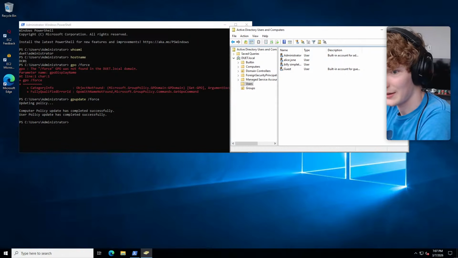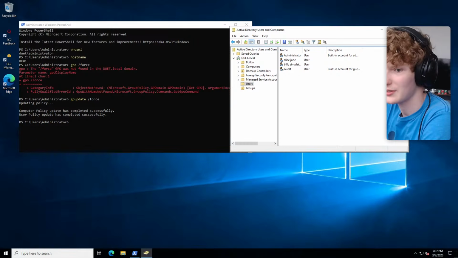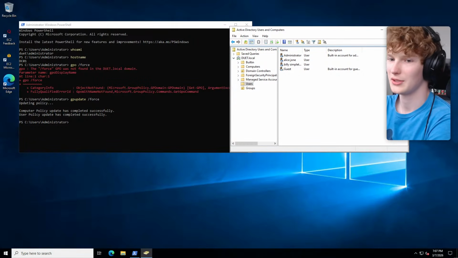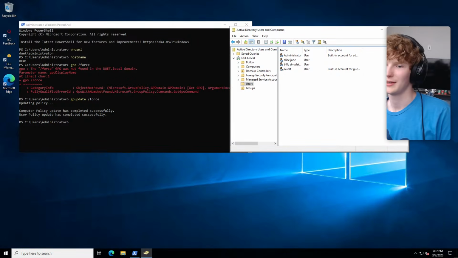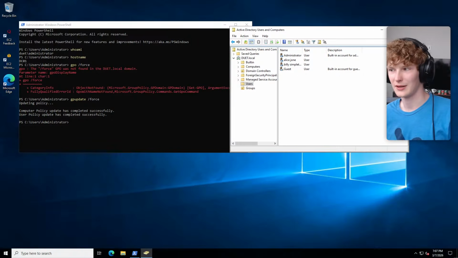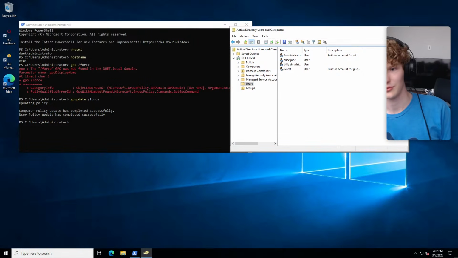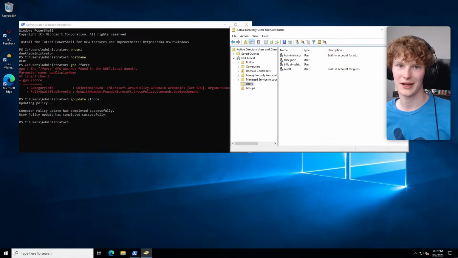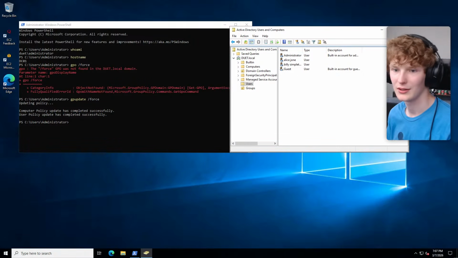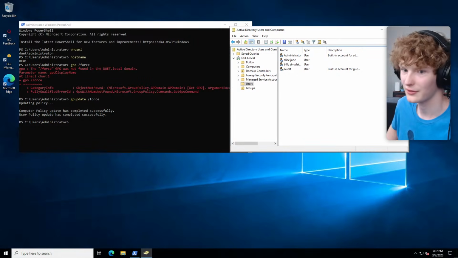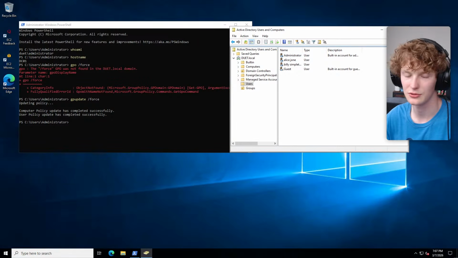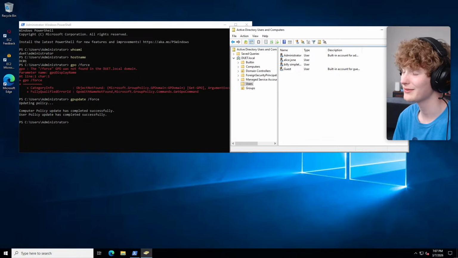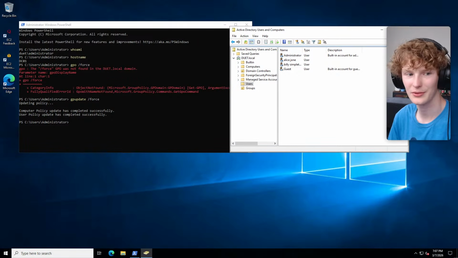Wallace says, I'm planning to use MSFvenom on the AD set, or do I have any other suggestion? I mean, MSFvenom is great, and it's the only Metasploit tool you can use on the exam. So it makes it easy, right? And if you're using things to make it easier, why not do it, right? I feel like that's definitely the right path to go. MSFvenom's great. And then, yeah, I talk about the other tools in that video. So go check out that video and learn a couple new tools.